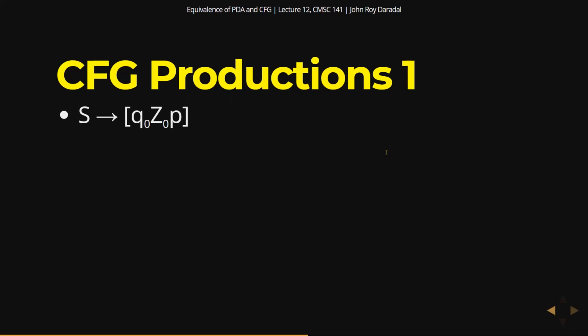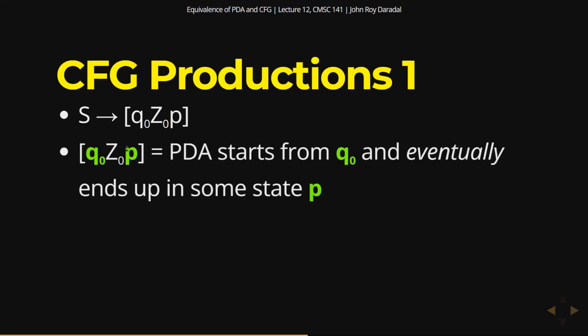So for our type 1 production, the reason why we are adding this production, S equals Q0 Z0 P, is because this is what this means. The PDA starts from Q sub 0 because that's the start state, right? And eventually it ends up in some state P. Okay, so going back here,